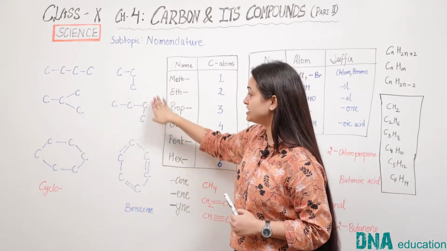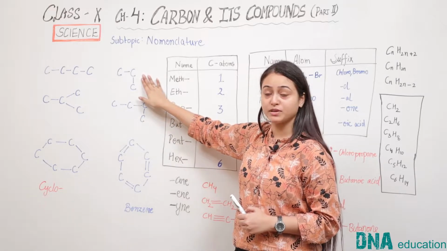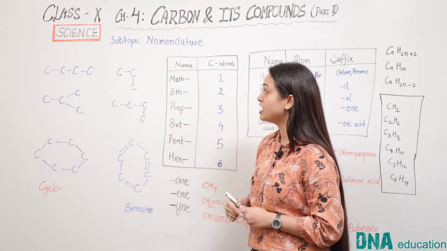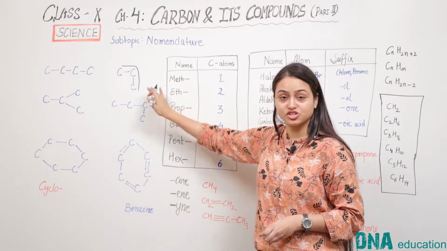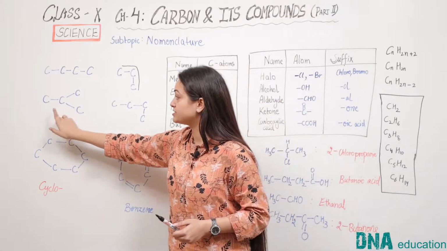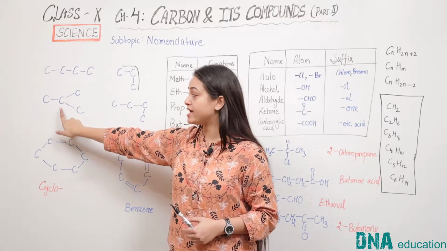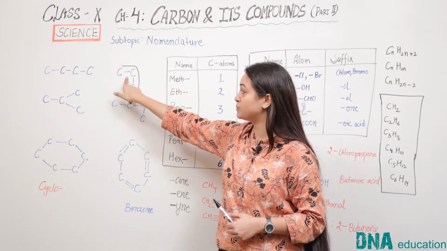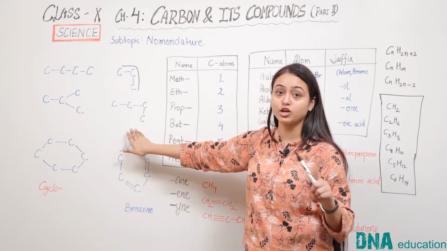Now pay attention to these two structures. These are 3 carbon atoms, and sometimes people get confused by taking this as a branch, but this is not a branch. Since carbon atoms are running in continuation, this is considered as a chain. To be a branch, there should be a junction at a single carbon atom. Like this. Here, 2 carbon atoms are attached at the single carbon atom, hence forming a branch. However, here only 1 carbon atom is attached to this carbon and therefore it is a chain. Similarly, this is a chain of 4 carbon atoms and not a branch.